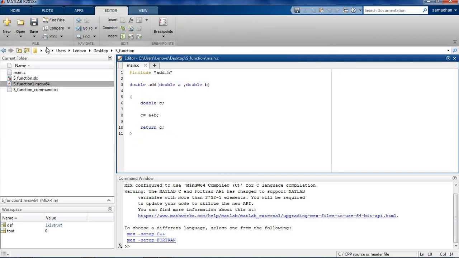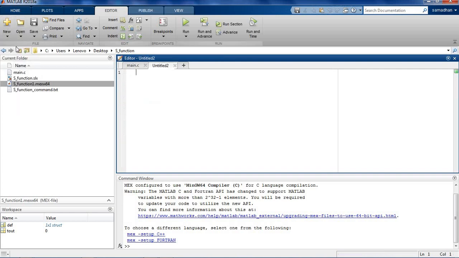So again I need this header file. So just go to new script and I'm adding the header file, defining here the declaration of the function, double add.